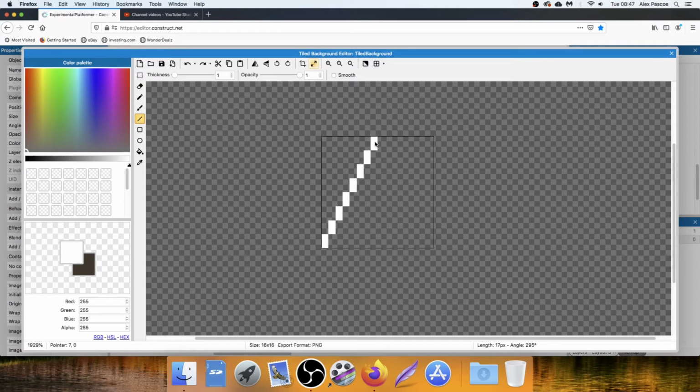Let's draw a line up to the middle. So 1, 2, 3, 4, 5, 6, 7, 8. Perfect. 1, 2, 3, 4, 5, 6, 7, 8. Perfect. Down to the side. Draw a line on the bottom. Let's go